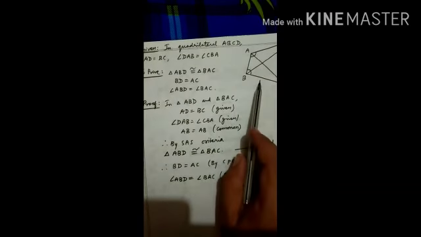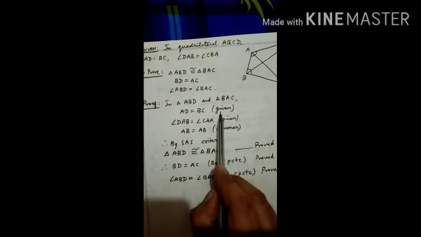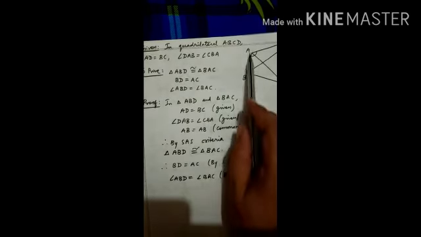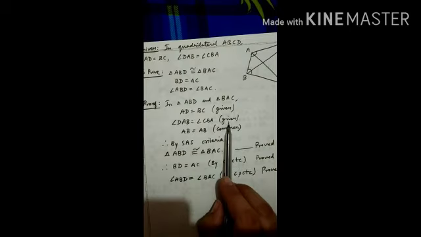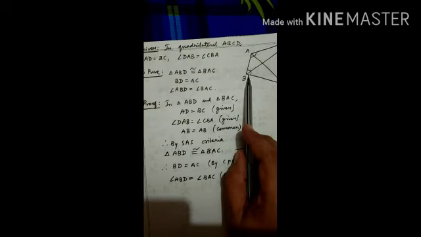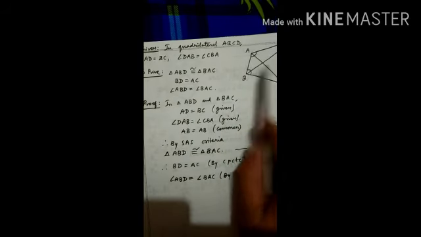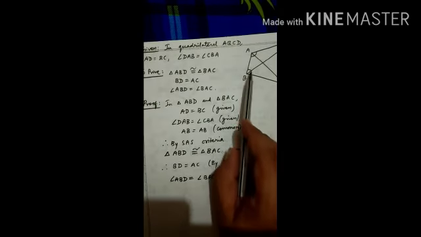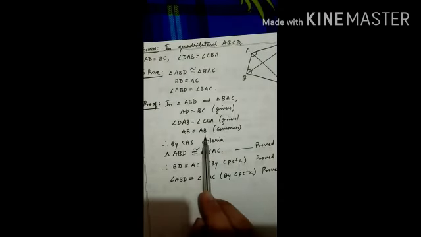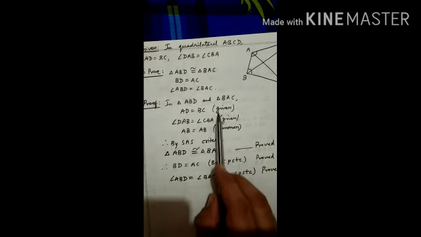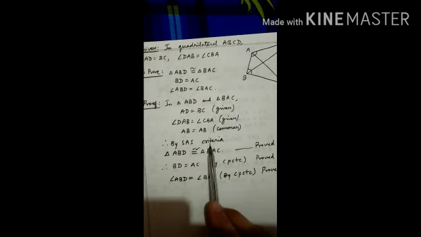Very simple to prove these two triangles congruent. First of all, AD and BC are already given equal to each other. These are sides. Angle DAB and angle CBA are given equal to each other. These are angles. And here we can also see in both the triangles which we have to prove congruent, AB is the common side. In triangle DAB, AB is used. In triangle CBA, AB is used. So AB equals AB, the common side in both the triangles. Therefore we can see the criteria side, angle, side. By the side angle side criteria, both the triangles are congruent to each other.